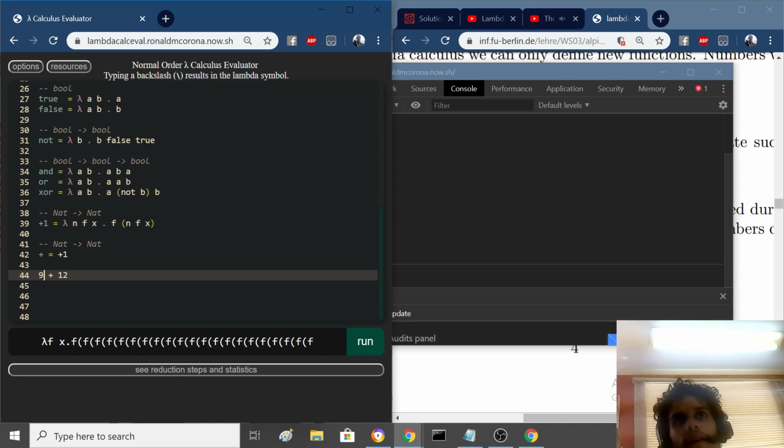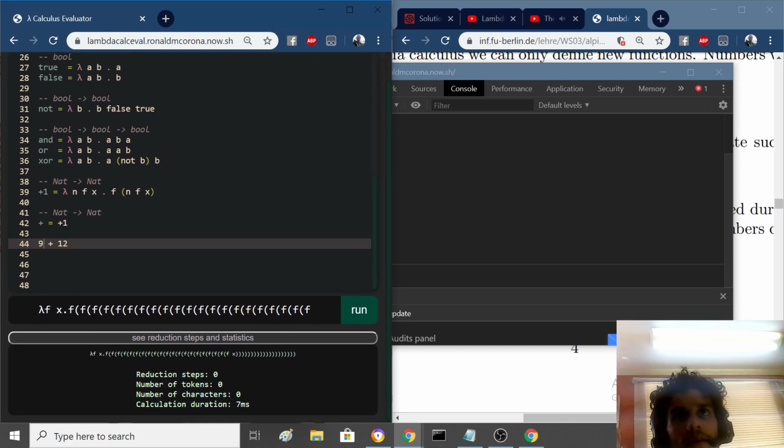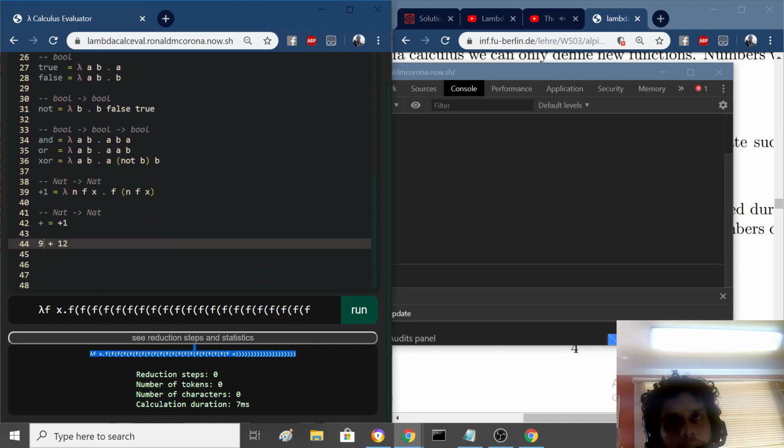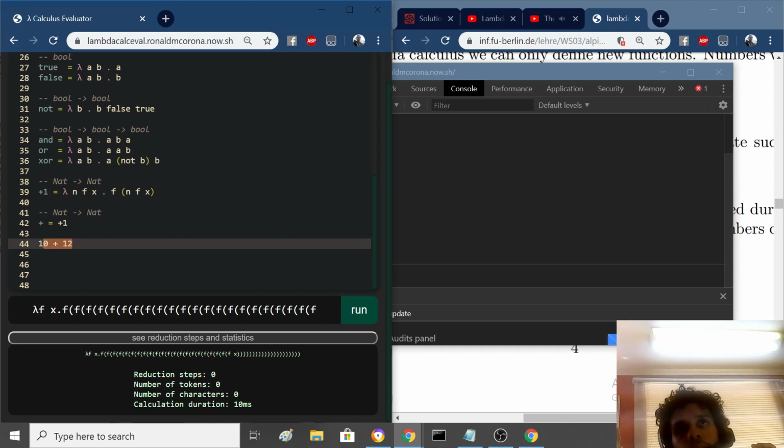Now this is, oh, look at this. Now this is 21, but we don't have it defined, so we can't really see in a nice way what it is. Or rather, we're looking at the raw function form of it. So why does it work? Because